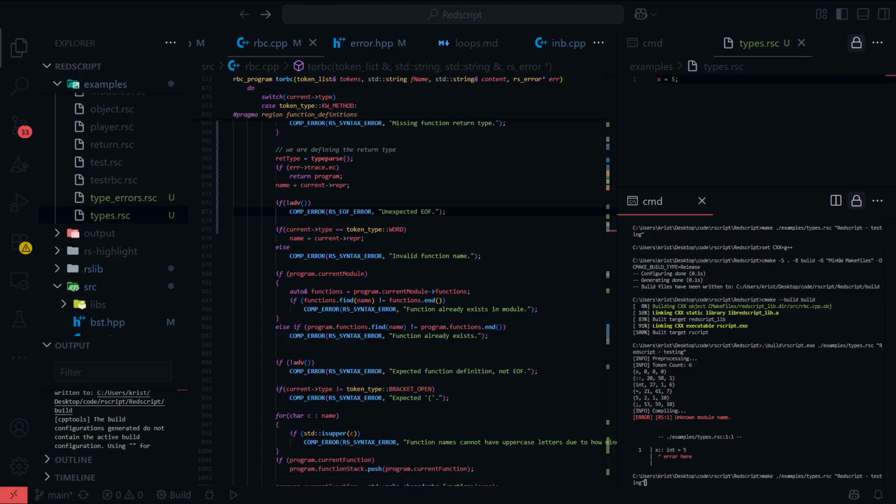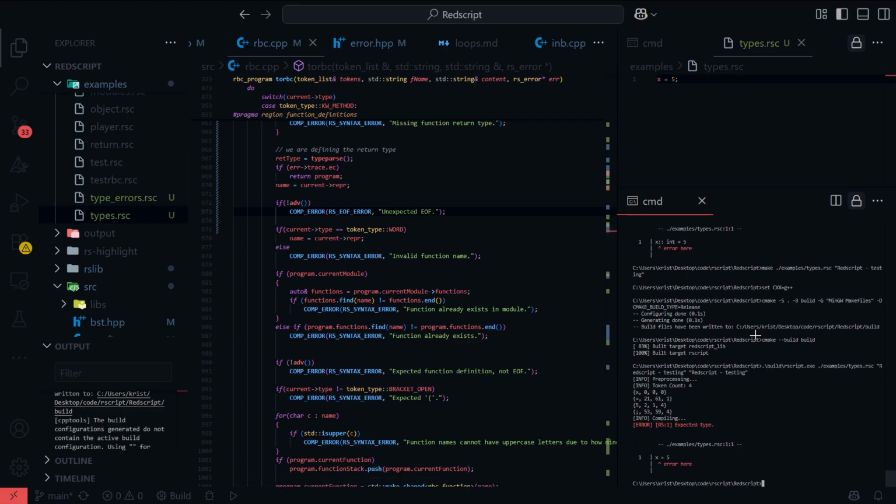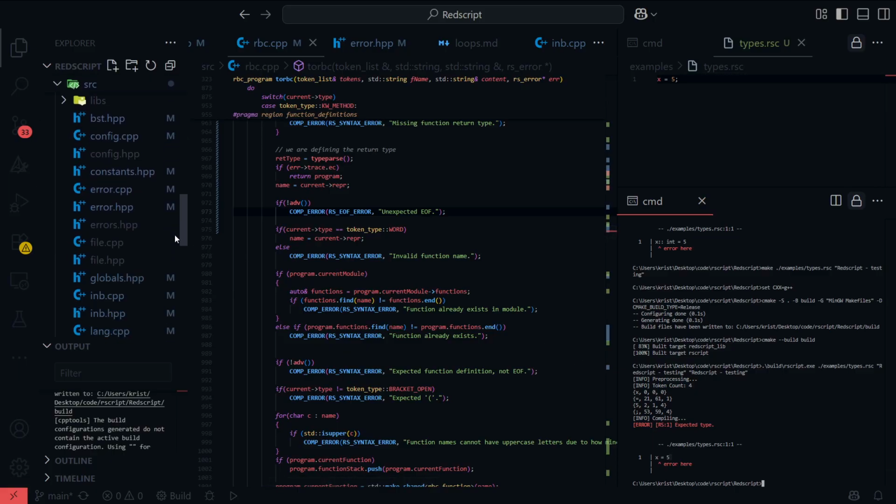I was just trying to see if it would maybe see it as two colons and think the second one is a type. No, yeah, it's a little bit more strict than that. Okay, so yeah, look how fast that was. Wow. Yeah, so we can see we expected the type. We can see there's a problem here where it doesn't show the semicolon at the end. So let's just do a little detour and see if we can fix that.